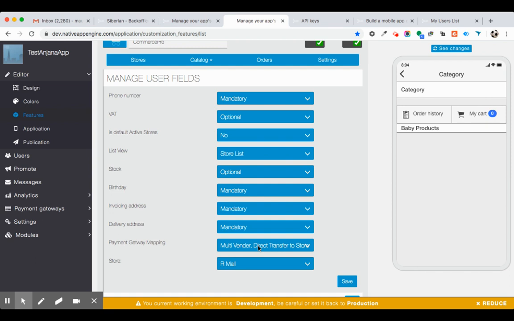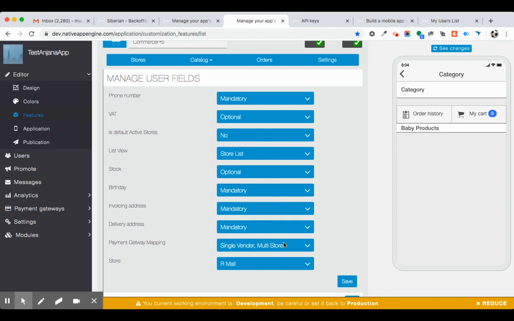So you are not acting as a middleman here, and all the money will be transferred directly to the vendor. And the third one is single vendor multi stores. It is the default option that we currently have, wherein we have multiple stores, but they are all owned by a single vendor. Like you own everything, but you want to show multiple stores. So that is the basic current functionality that we have.